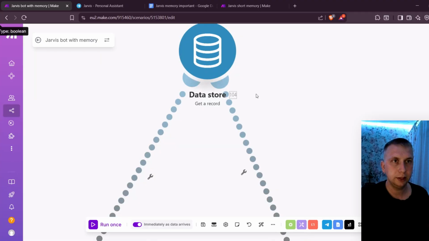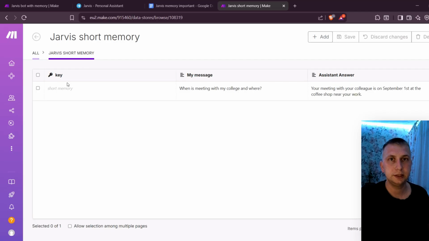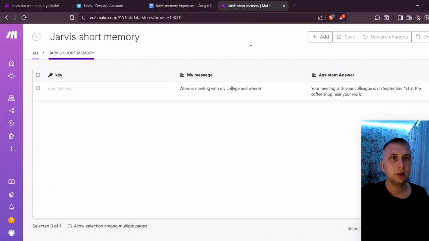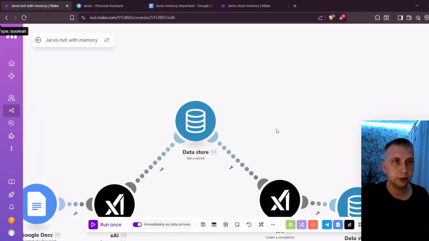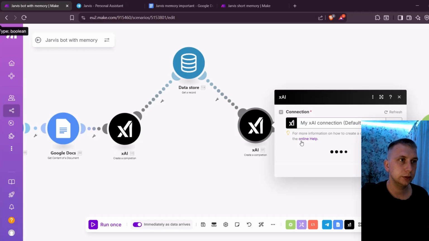That's why I have a Get a Record module over here. And this is searching for data with a key that is called short memory. This is the same key I wrote over here myself. And it is outputting my message and the assistant answer also to the next AI,